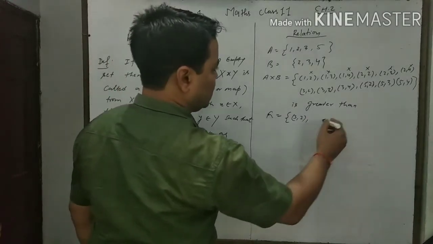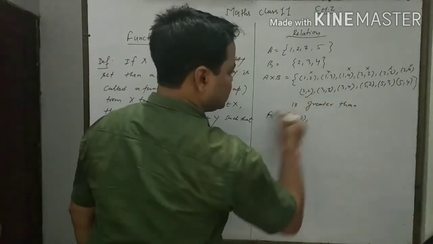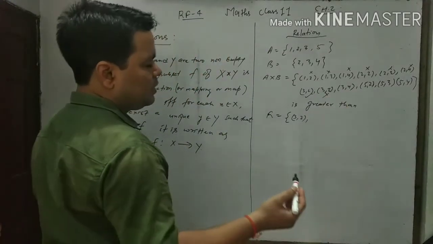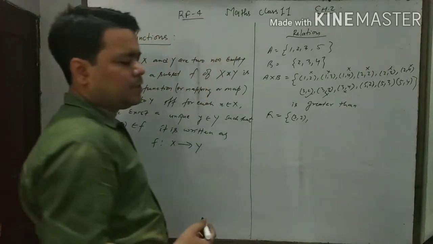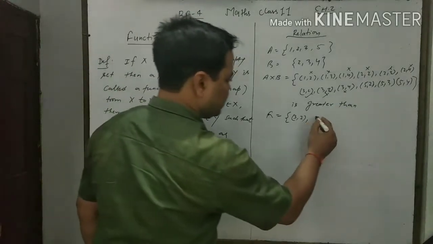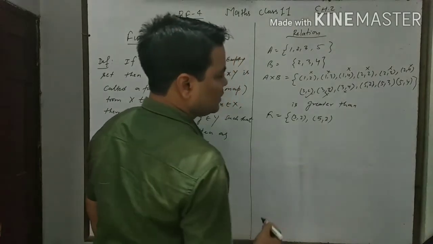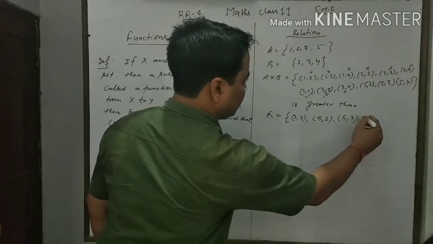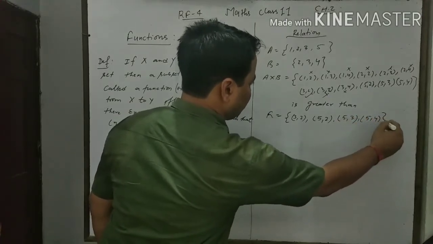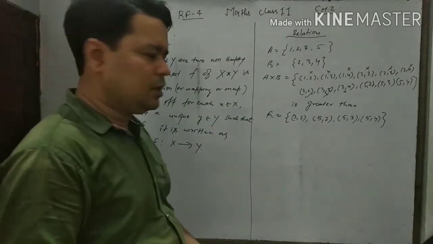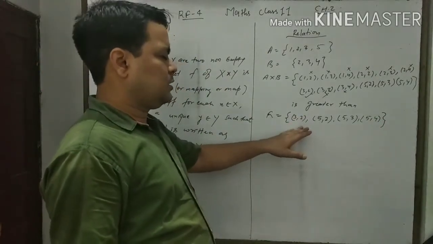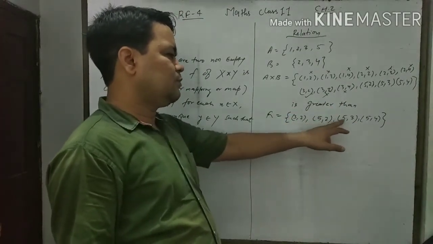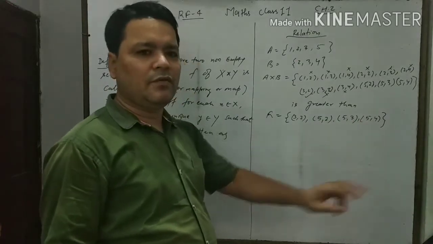Similarly, again here we can take this relation, but (3, 3) we cannot take because 3 is not greater than 3. Again we cannot take (3, 4) because 3 is not greater than 4, but we can take (5, 2). Why? Because 5 is greater than 2. We can take (5, 3) because 5 is greater than 3, and here we can take (5, 4) because 5 is greater than 4. Here we define the relation greater than, meaning 3 is greater than 2, 5 is greater than 2, 5 is greater than 3 and 5 is greater than 4.